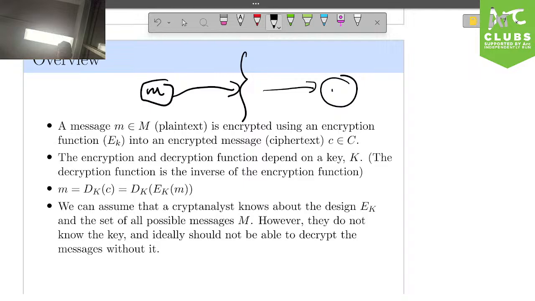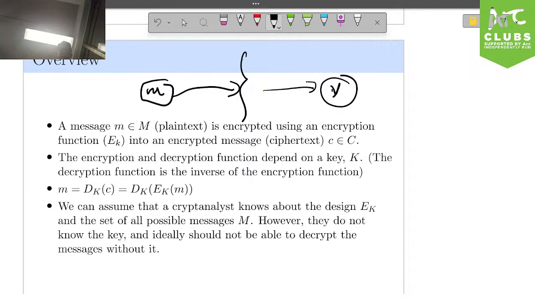And so we want to figure out a way that, sending from me to you, the villain in the middle can't figure out what the message is. No matter how much they know about how I encrypted the message, we want it to be the case that they can't figure out what I said to you. And this is what encryption is all about. So we need an encryption algorithm. We also need a decryption algorithm. These are going to be inverses of each other.